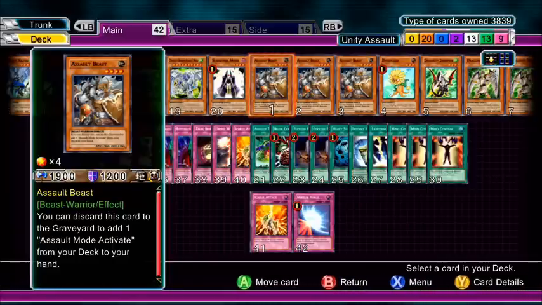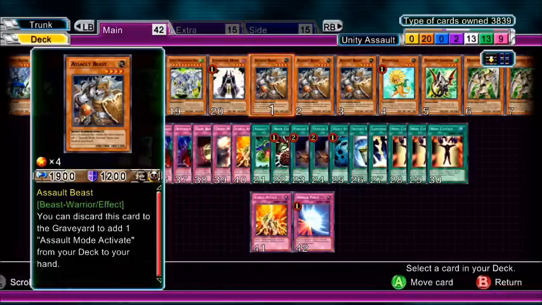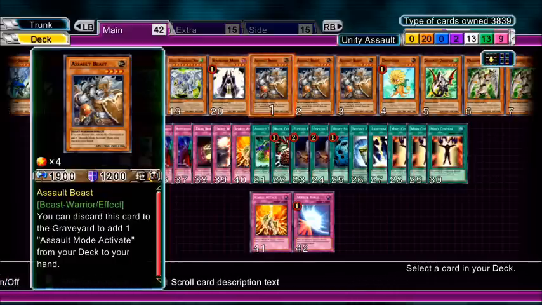So here we go. Let me start with the monsters. Assault Beast, which is self-explanatory. Got 3 of these. They also double as a beater if you need them. However, you can discard one of these guys to get Assault Mode Activate from your deck to your hand, which is always useful. Because the majority of the time, your opening hand should be able to Synchro Summon. That's a great thing about